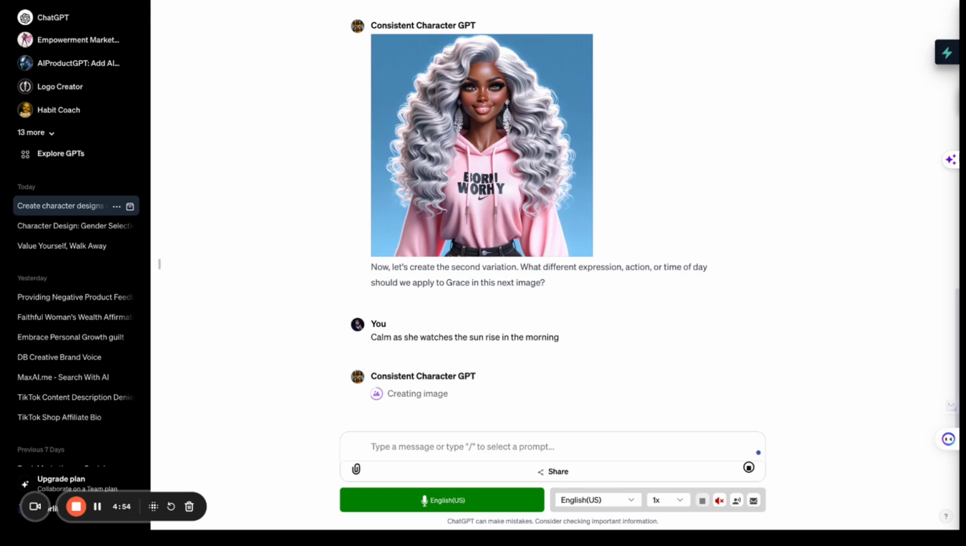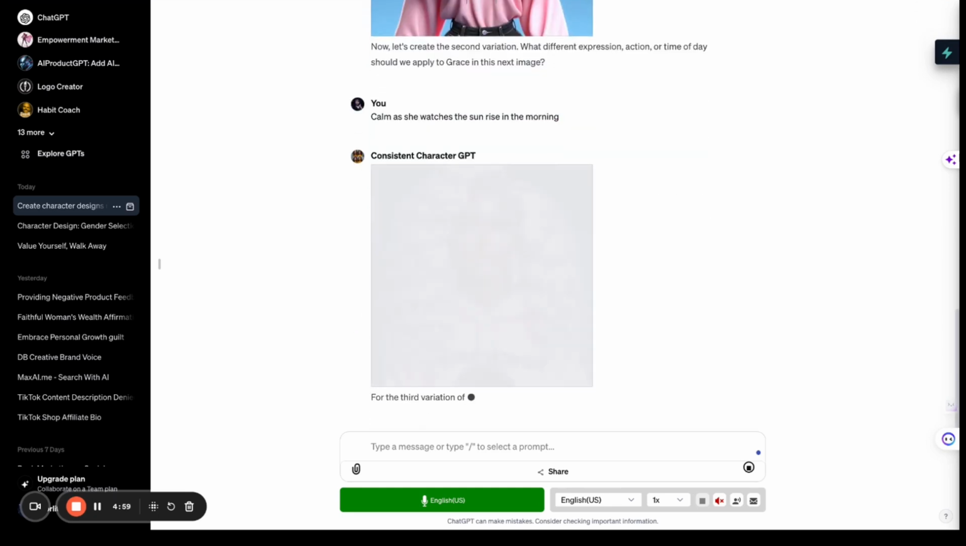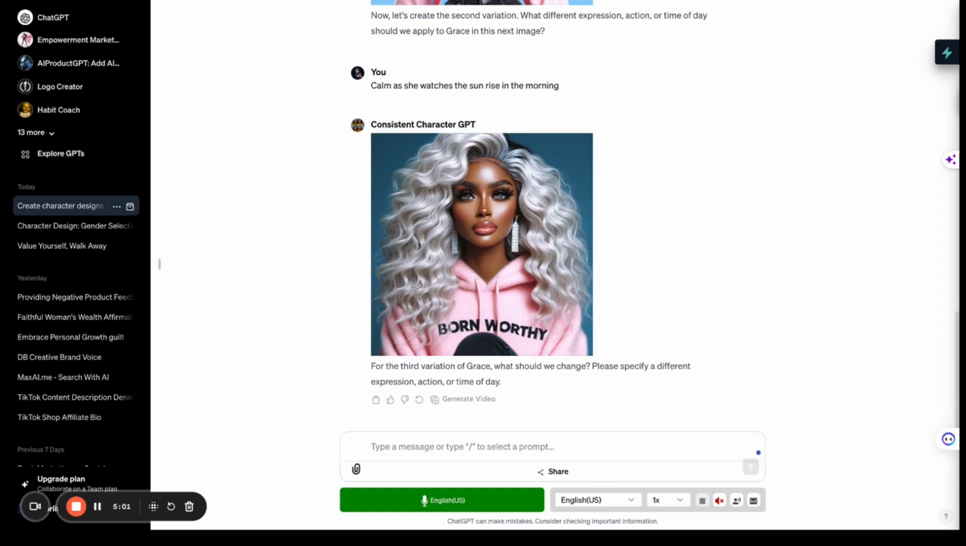All right, it's almost ready. What is Grace going to look like? All right, look at Grace. So right now, it's not really doing the full body that I want, but that's fine with me because I normally don't do full body with Grace. But we're going to go ahead into the third